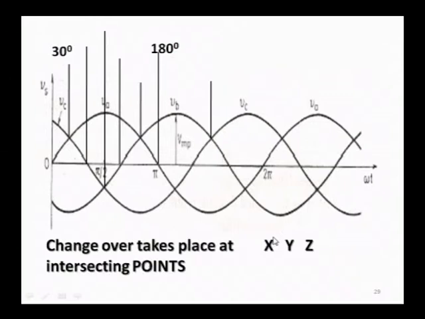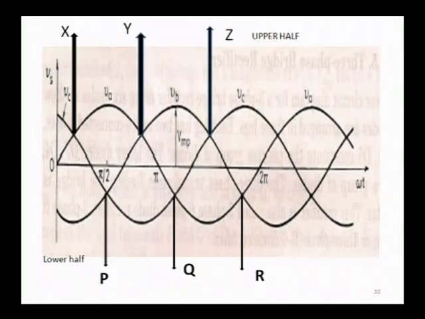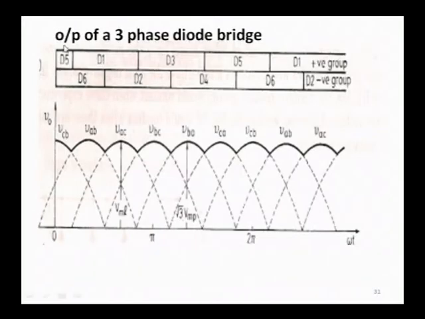So let us come to this point, upper half and lower half also. There are other intersecting points 1, 2, 3 like this. This is only a diode I am talking about, this is not the controlled rectifier, it is simply a rectifier. You can see here the points are marked X, Y and Z, upper half and lower half P, Q, R. So please practice writing these waveforms and intersecting points, these are very important for you. If it is a 3-phase diode bridge, this is a positive group of conduction, negative group of conduction like this.